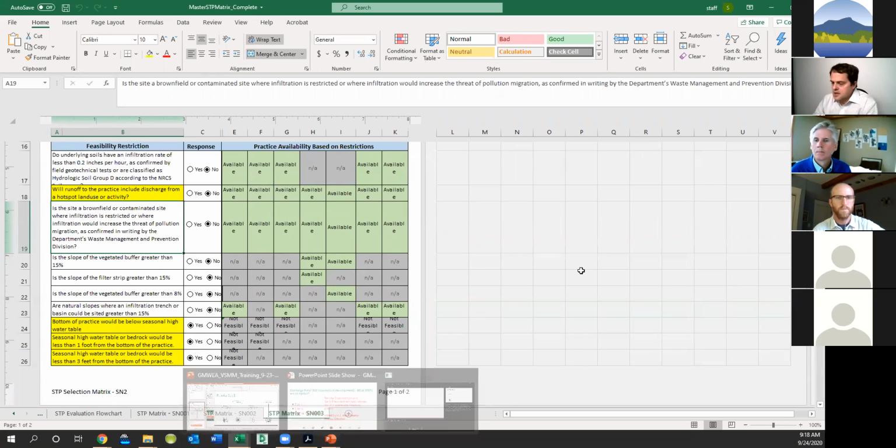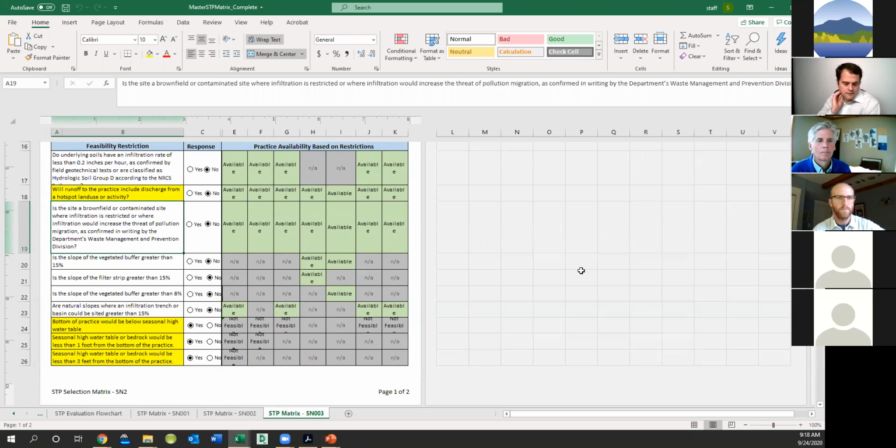Is there any other discussion on the first step, just doing that STP matrix? Was that relatively straightforward for folks? I see one other question coming through: for the residential subdivision STP analysis for infiltration, with the test pit being only 60 inches, does that limit the base of the infiltration practice to 24 inches without a deeper test pit? And the answer